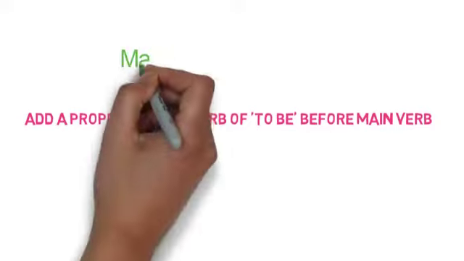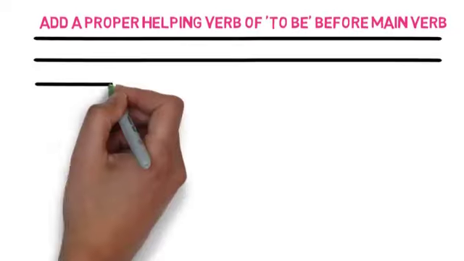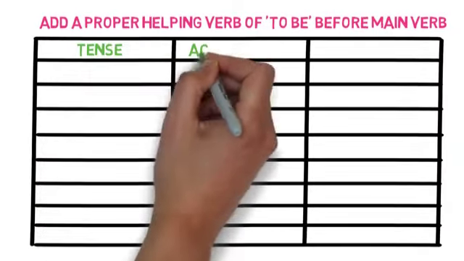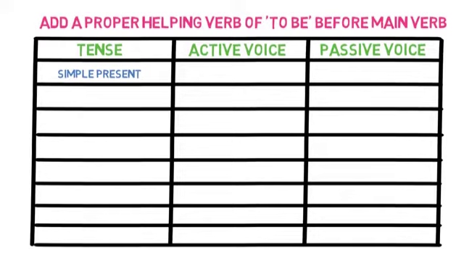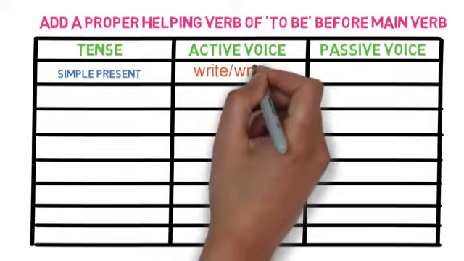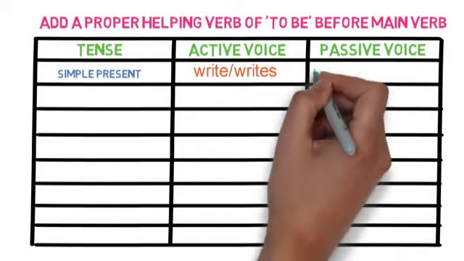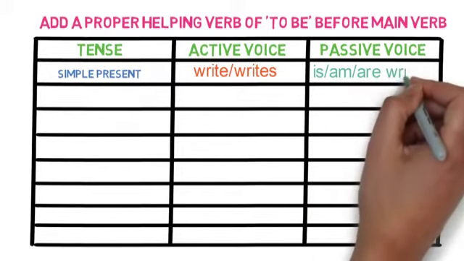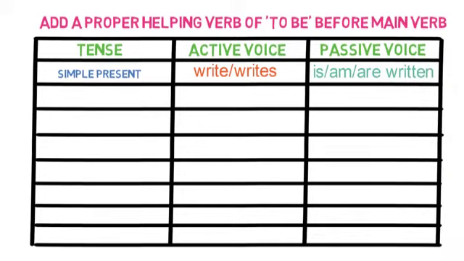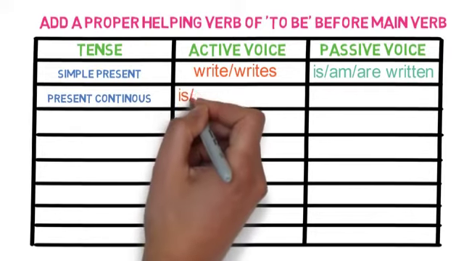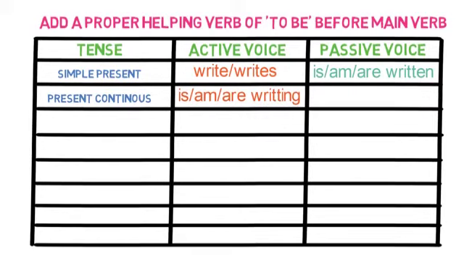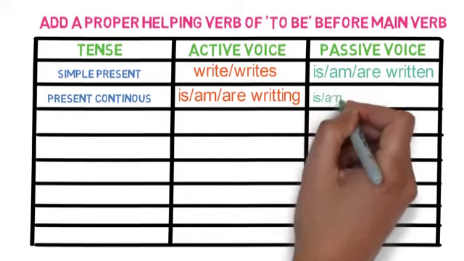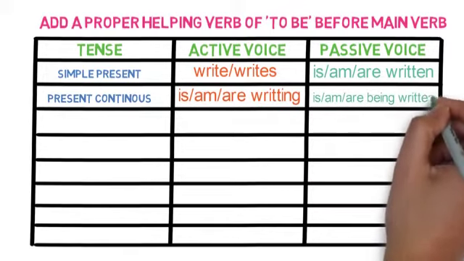With an example of main verb write, let's look into the different helping verbs as per the tenses one by one which we need to learn. Simple present. Here in active voice we have verb's first form, write or writes, while in passive voice we add is or am or are depending on whether the object is singular or plural, and written. For present continuous, in active voice, we have is or am or are depending on subject is singular or plural and writing. While in passive voice, we add being helping verb with is, am or are, and written as a verb.